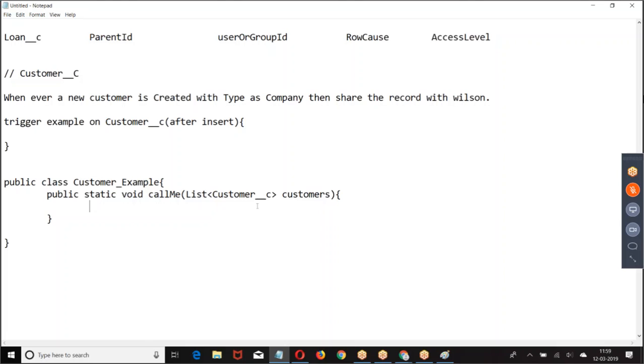Public static void call me customers. Then what are we going to do? Customer share. Customer share. Take one by one customer.